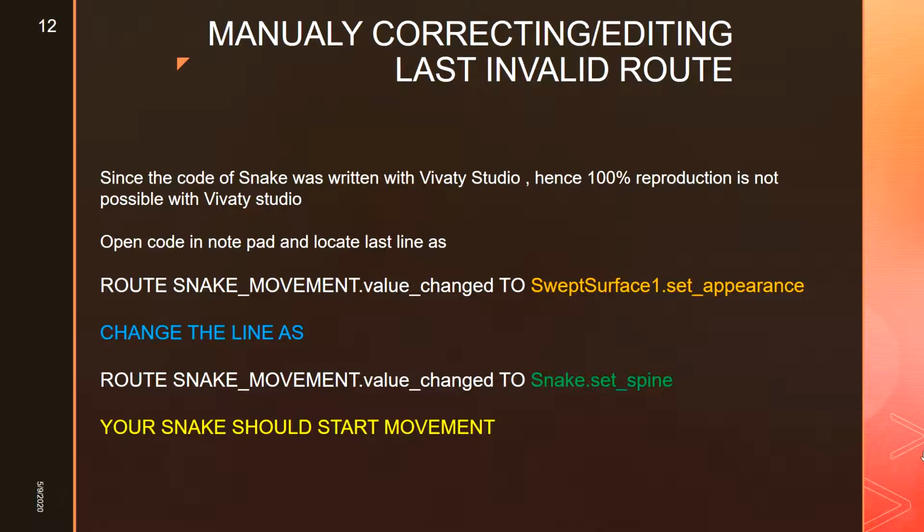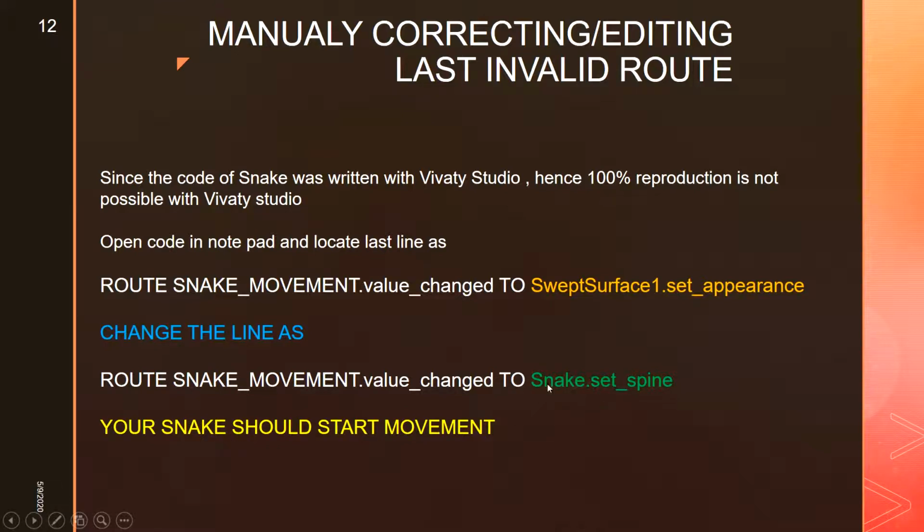What you have to do is open the code in the notepad and locate the last line as root snake movement value change to swept surface dot set underscore appearance. You have to change this swept surface one dot set underscore appearance to snake dot set spine.